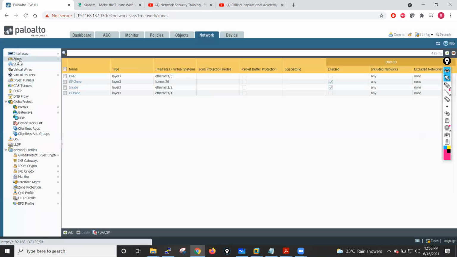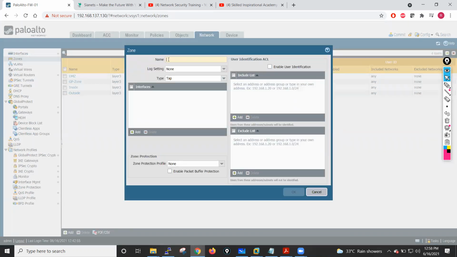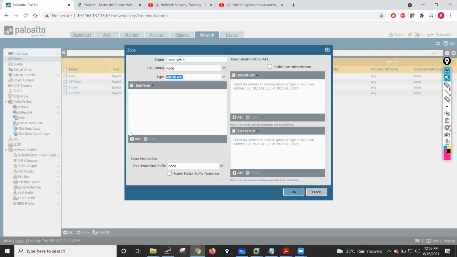After that, I'll go into zones. I already have an inside zone and an outside zone, but for vWire I will create a separate zone, select the type as virtual wire, and assign interface ethernet 1/4 as the inside vWire interface.